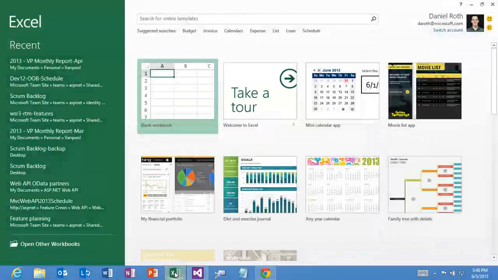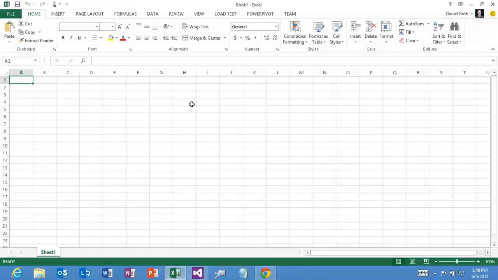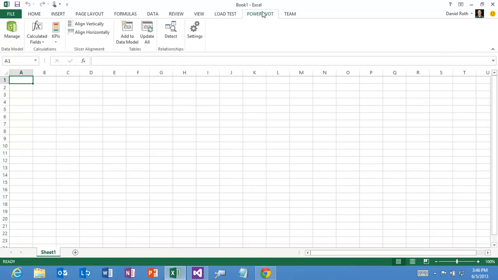Excel has a Power Pivot plugin. You can't do an OData talk without doing the Power Pivot demo. It's just obligatory. You've all seen it, maybe a bunch of you have seen it before, but it's still fun. So here's Power Pivot that I just enabled in Excel 2013. I can click Manage,